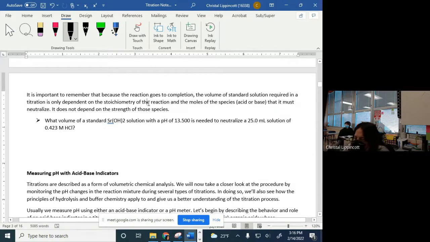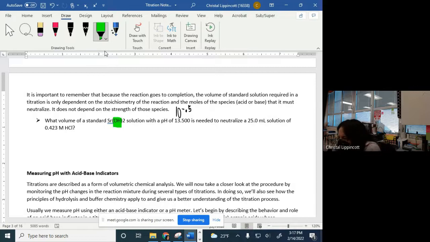So I can take 10 to the negative, and it's going to be negative 0.5. Why 13? Oh, because I want to figure out OH, right? It's easy mental math, 14 minus 13.5 is not a stretch. I figured you guys could probably subtract this from 14 without a calculator. Sometimes do you do simple multiplication in your head and then put it in the calculator just to make sure? Yes. Like 3 times 5, okay, I know what the answer is. So when we do this, we are going to figure out that our